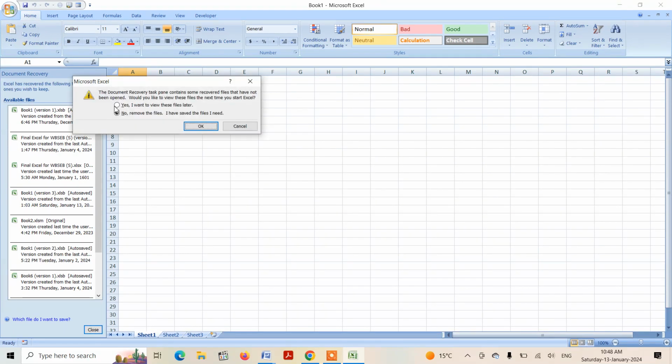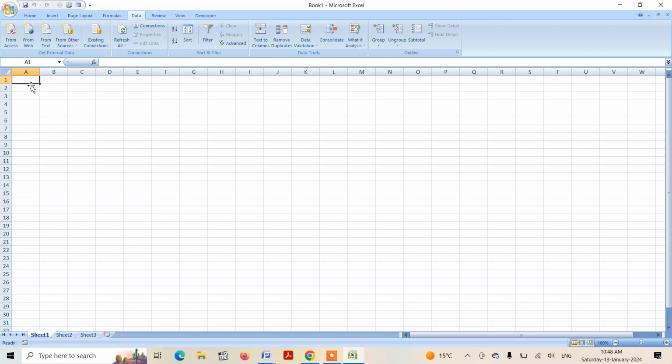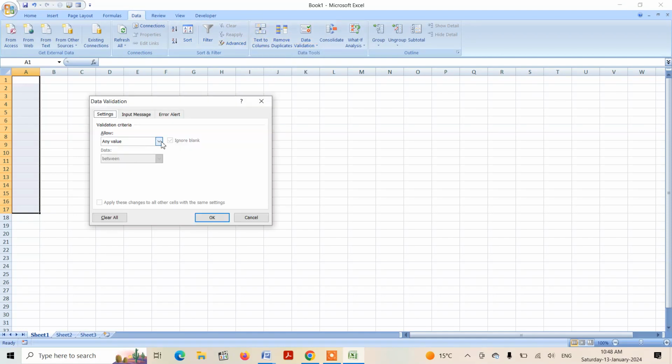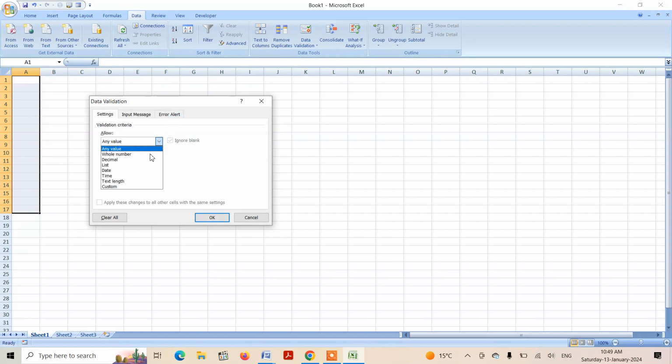In Excel, you have to go to the Data tab, and from this Data tab you first select a range. So this is the range. I'm selecting all of this range, and then I go to Data Validation. From Allow, any value, you select List, and you give the source. Sorry, it will be Data Validation, from any value to List,